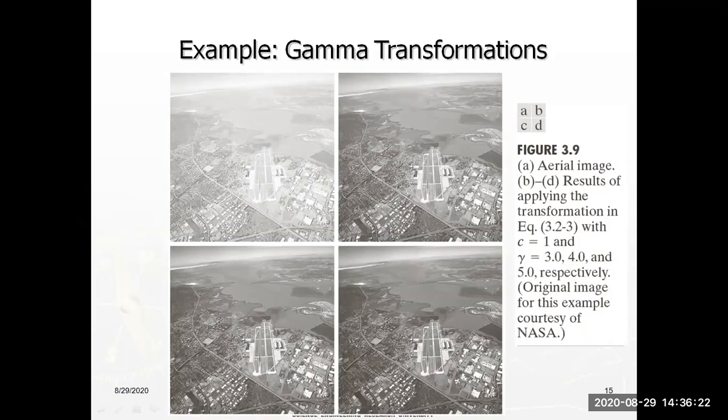Okay, so for this original image, if you apply gamma values, the image changes. Based on the gamma value, if you observe clearly, the first one is very dull, the second one is very dull, and the fifth one is very clear, since here the gamma value is 5. Next,